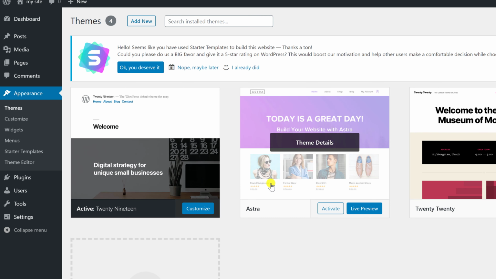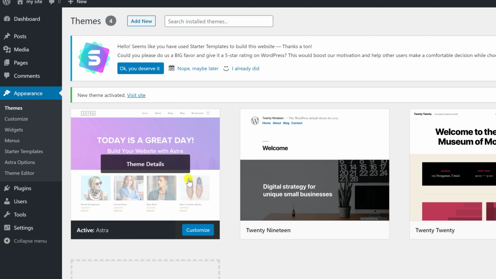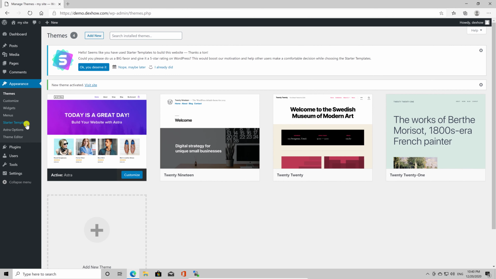If you do not find the theme here, it means maybe you copied the files in the wrong path. I have here the theme I added on FTP. Go with the mouse over the theme and click Activate. Depending on the theme, it may add additional settings options that you may need to configure, either through the theme customizer or through a separate options panel. You have now installed a theme on your WordPress site.